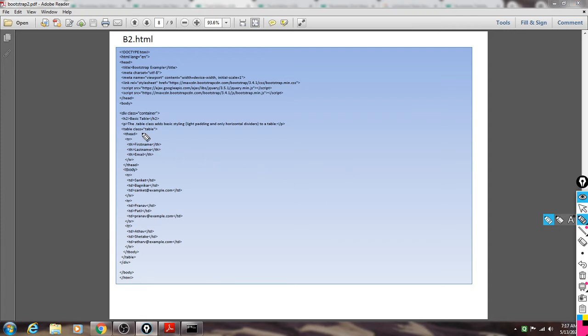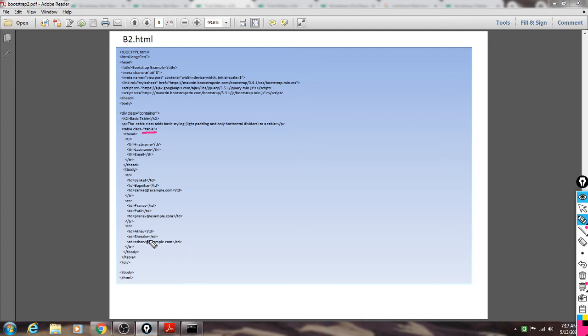Look here, class equals table, because we want to put the data in tabular format, so we used the table class with its respective attributes. The header is there: first name, last name, email, these are the column headers, and here we have written 3 records. This is the first one, this is the second one, this is the third one.